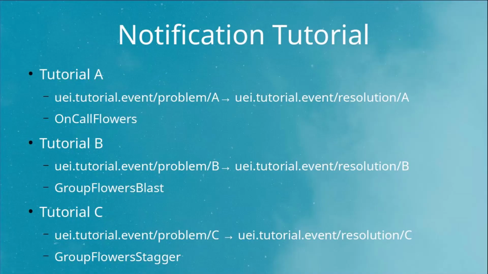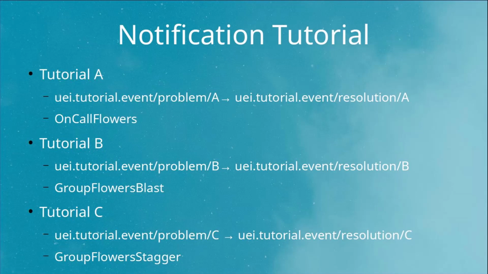3 tutorial notifications will be created. Tutorial A will create a notification based on the reception of event UEI tutorial event /problem/A. Resolution is triggered by event UEI tutorial event /resolution/A. The destination path will be on-call flowers, meaning that only the flowers group member that is on call will